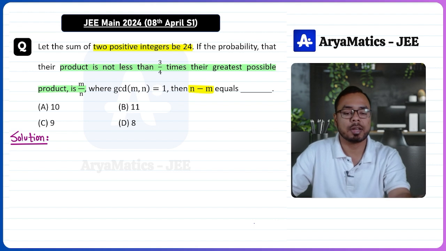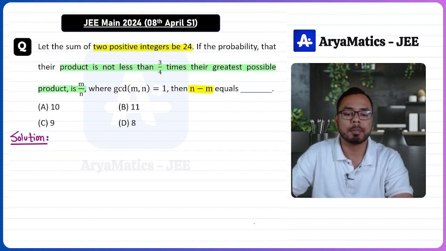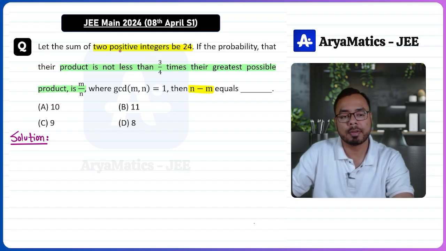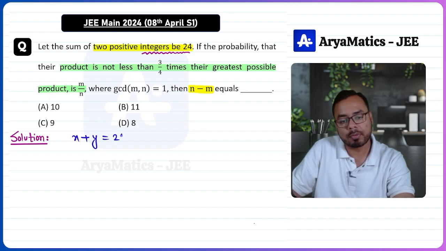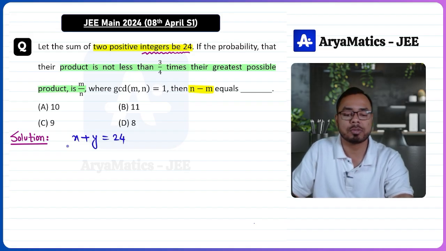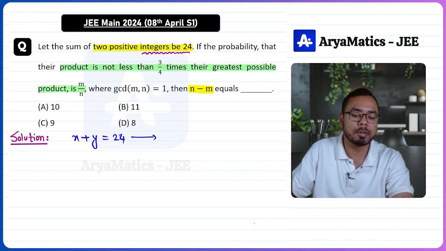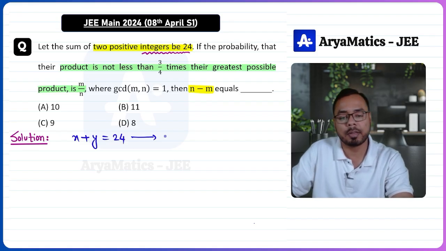Now, first here we'll count how many elements there are in the sample space, and then we'll try to calculate the favorable cases. It is given that the sum of two positive numbers is 24. So let us say those two numbers are x and y. So x plus y must be 24, and it is given that x and y are positive integers. So if I have to find two positive integers and we need to make their sum 24,